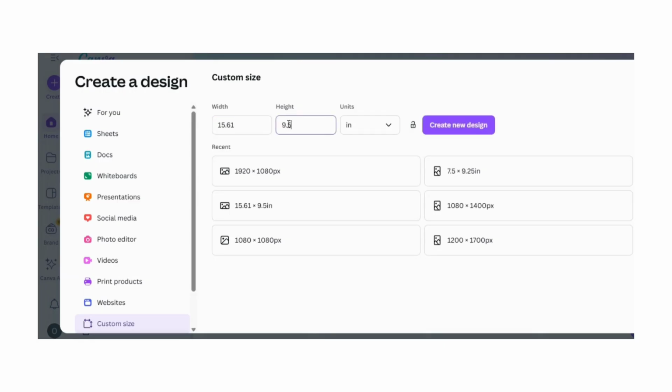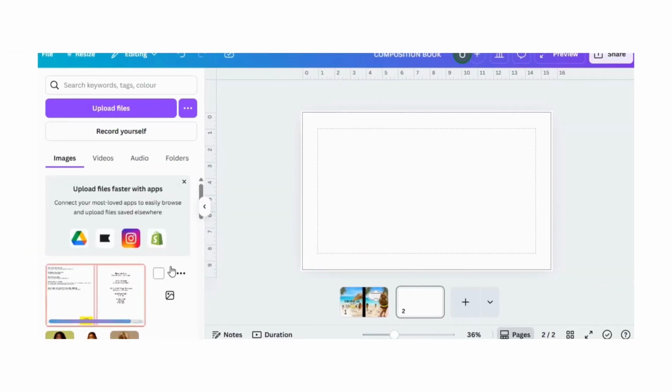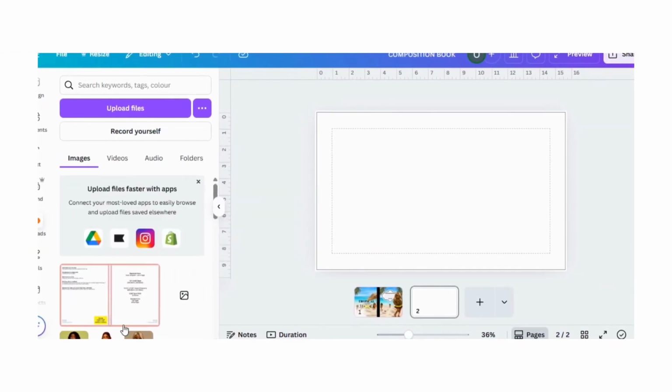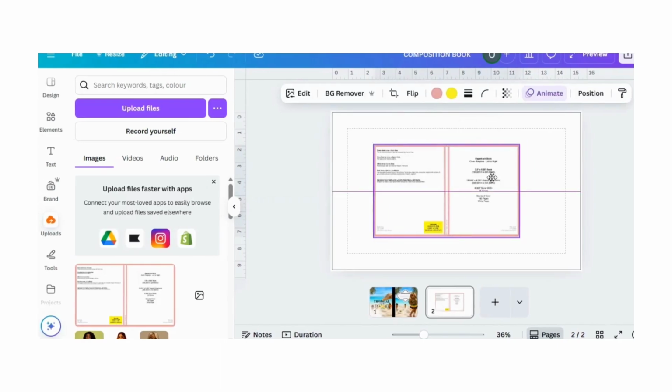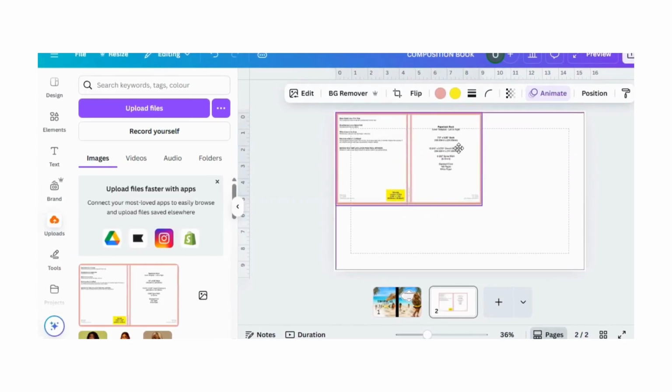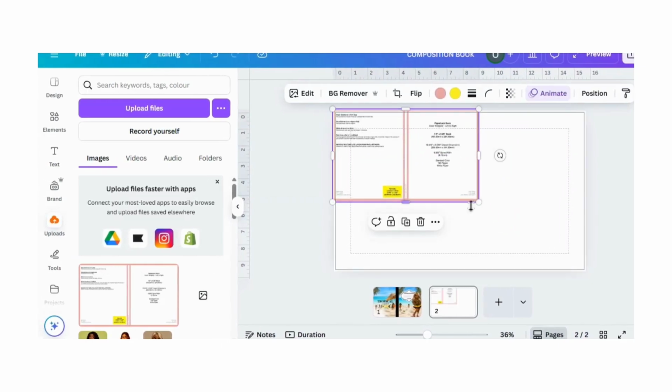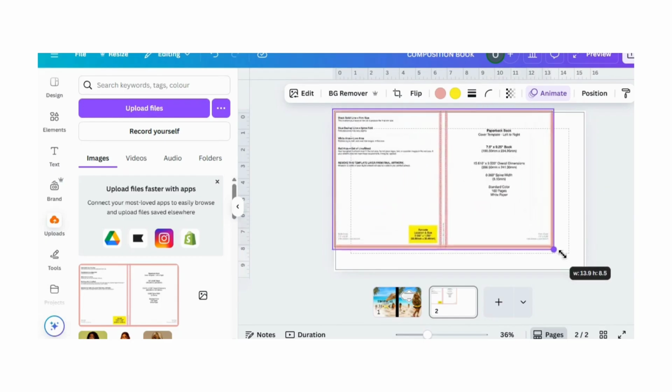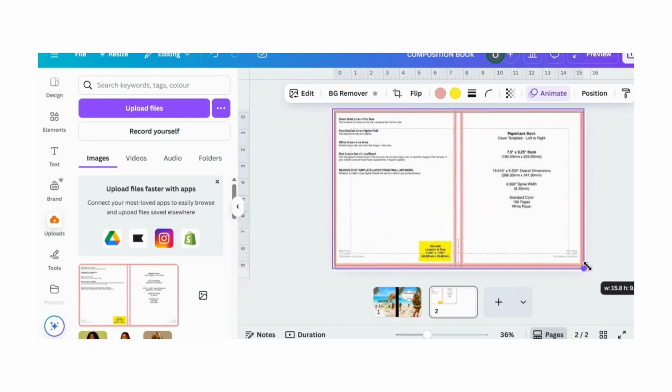Okay, now 9.5, and then I'm going to select create design. Now I'm going to upload the template to my canvas, size it to fit,